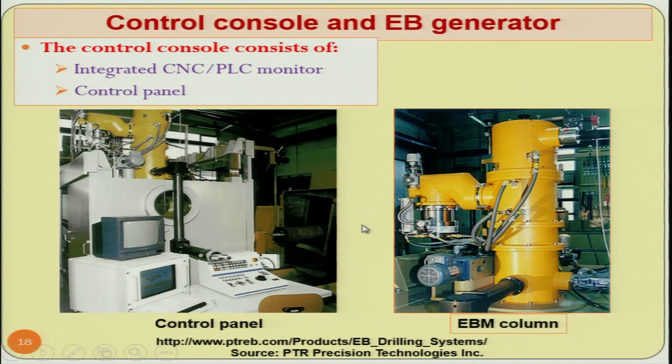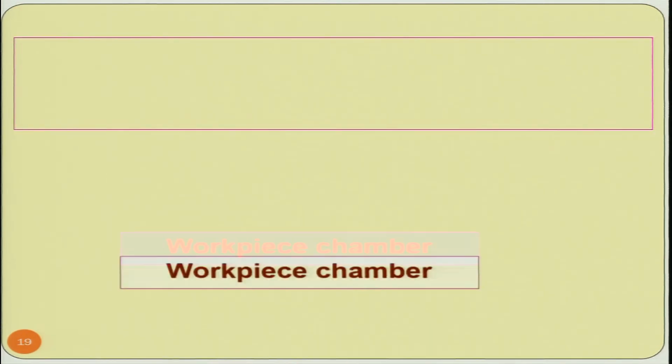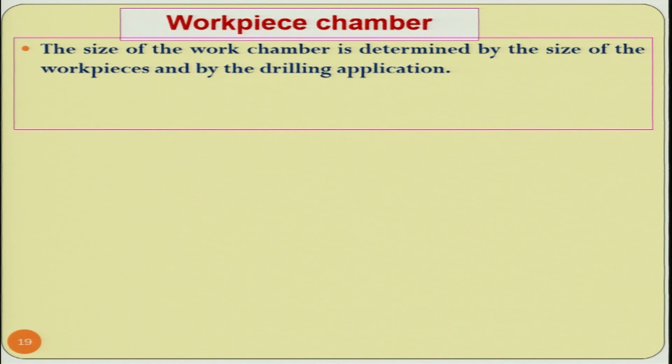So, with the help of these control devices you can control different parameters and the shape and size of the feature being machined over there. Now, the workpiece chamber: the size of the workpiece chamber is determined by the size of the workpiece and by the machining or drilling application. We have seen in earlier slides, first one was the electron beam gun, and second one,